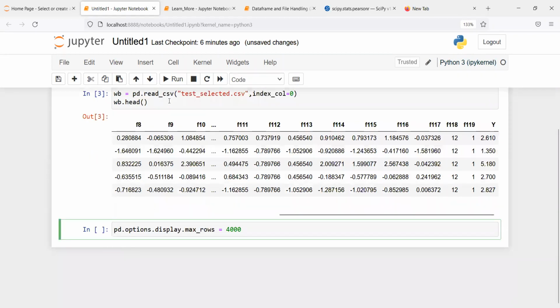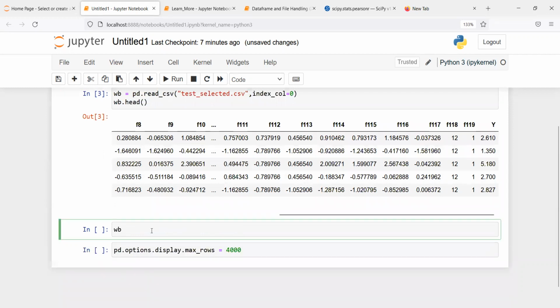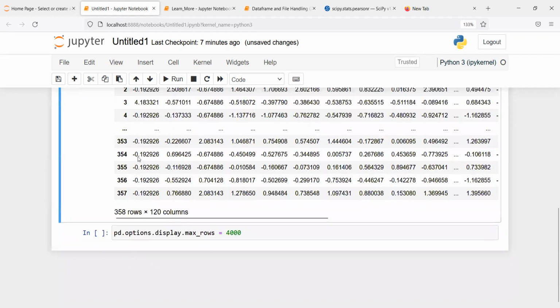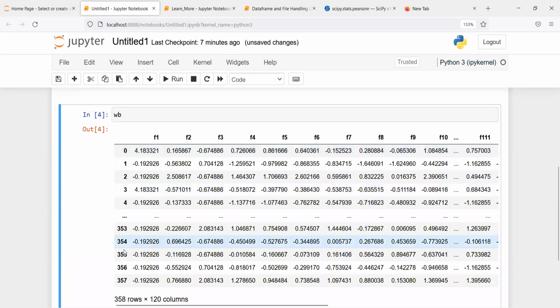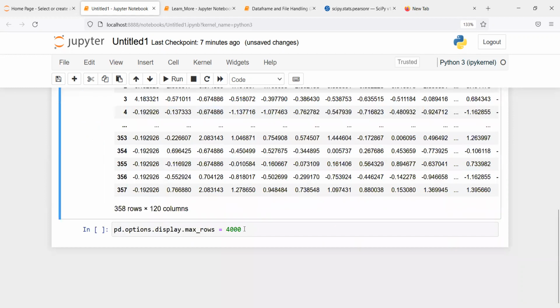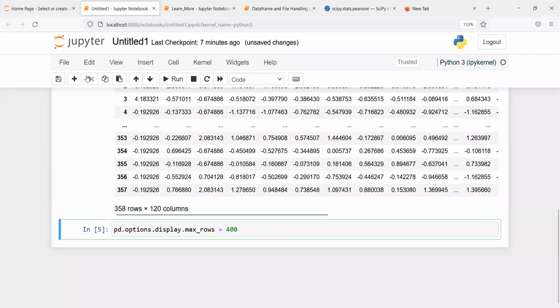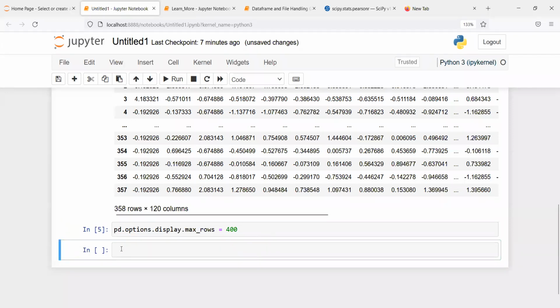Right now if I say WB, you can see 0 to 4 and then 353, and all the data in between is dot dot dot. But if you want to see all the data, you say pd.option.display.max_rows equal to 4,000. I mean, 4,000 is not required here, 400 will work. So 400, and now if you say WB,